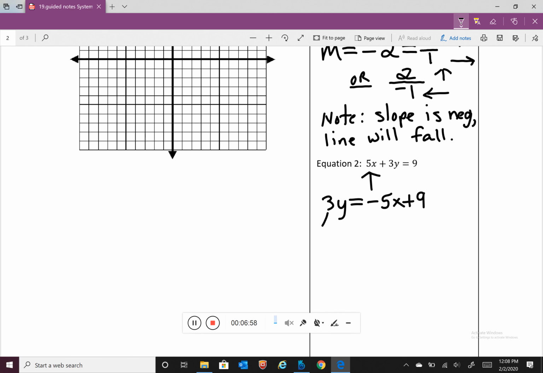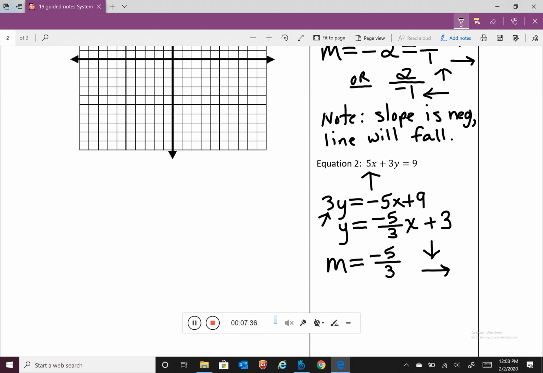And then our next step is to remove the 3 from the y. Since 3 is attached to y by multiplication, we need to divide, but we need to divide everything by 3. So that gives us y is equal to -5 divided by 3 times x plus 9 divided by 3, which simplifies to be 3. So our slope is -5 over 3, which means we're going to go down 5 and